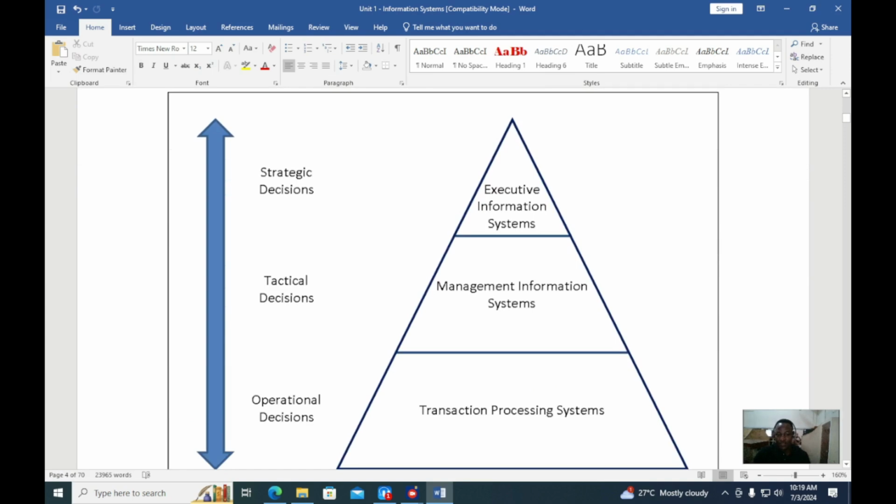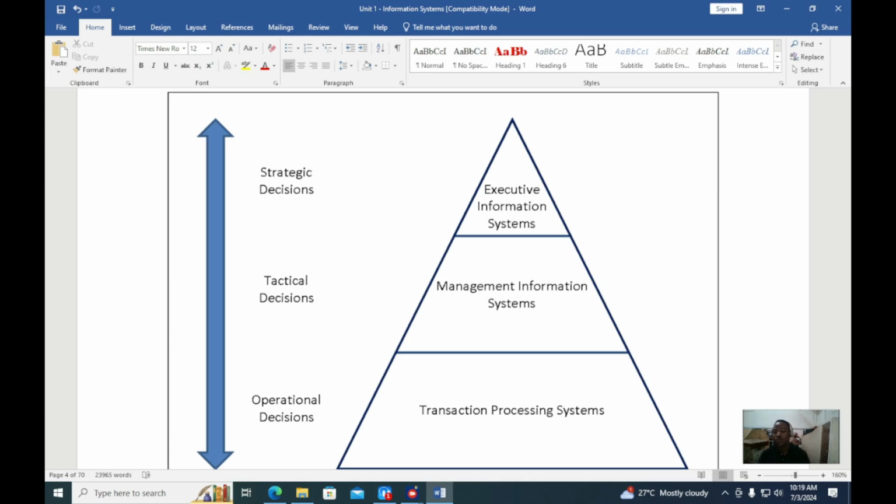If you look at the pyramid model, at the top notch we have the executive information systems. And remember we said the first thing that people need to know is, why do we need an information system, and where are we going to use that particular information system? So the executive information system, lying at the top, was